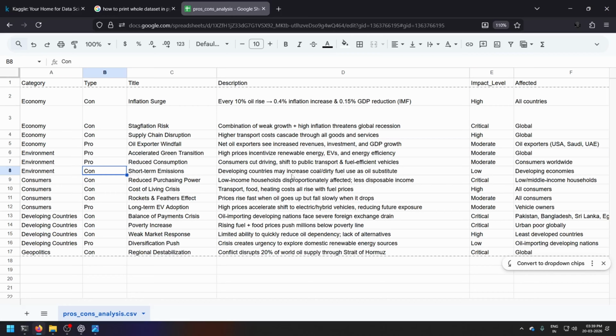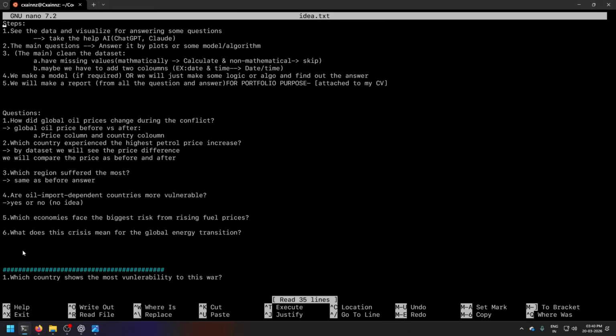Developing countries may increase coal, dirty fuel use as an oil substitute, which is a low impact in developing economies. And the other one is environment pro: accelerated green transition, high price incentives, renewable energy, EVs, and energy efficiency, which is moderate globally.